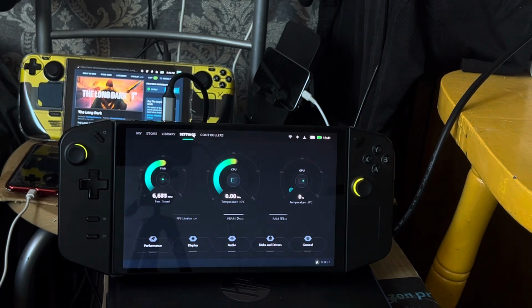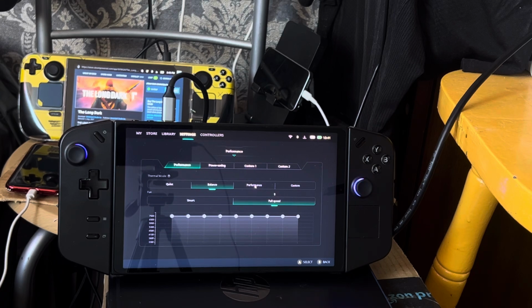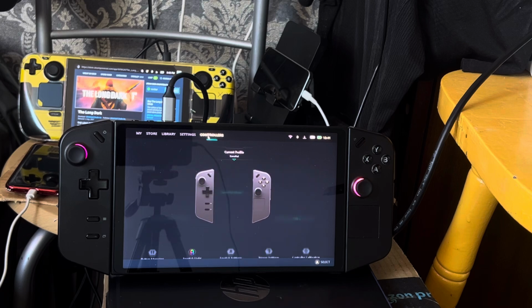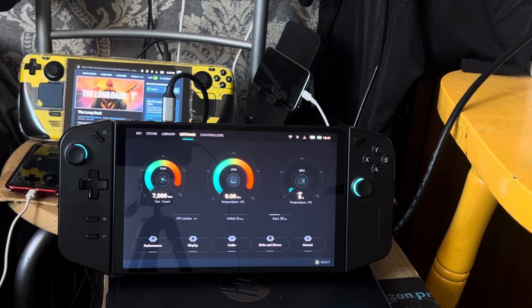I'm gonna go into settings on this one. Gonna tap on performance. It's on smart. I'm gonna put this to full speed. And then thermal mode, I'm going to set to performance as well up there. Controllers are these. You can map them, you can do a lot of things, because I'm going to remove these and use them. It says fan speed is